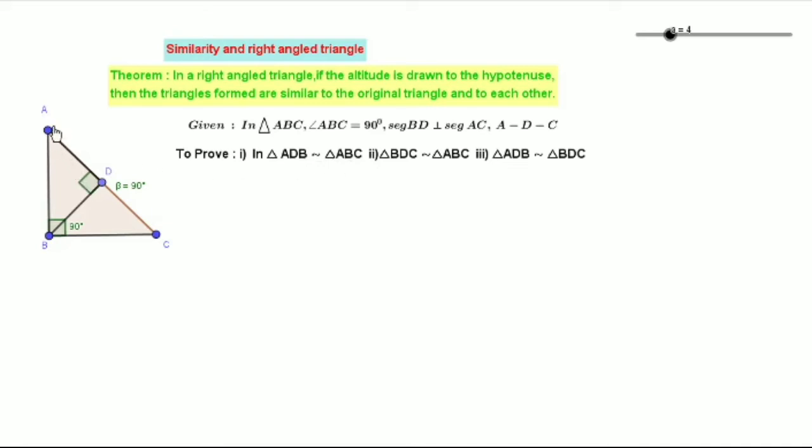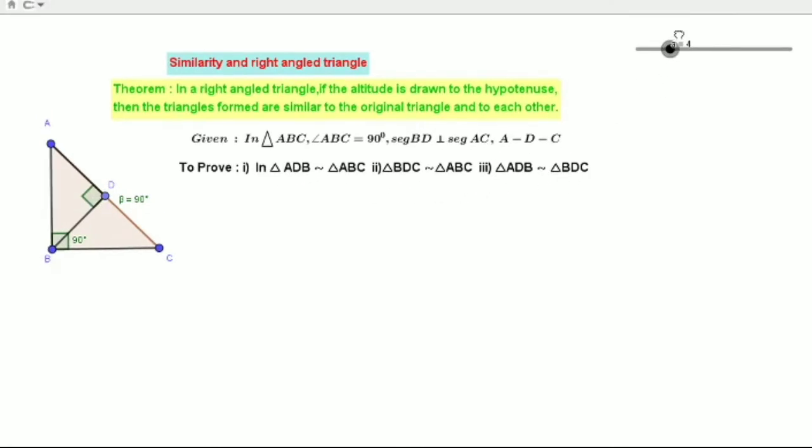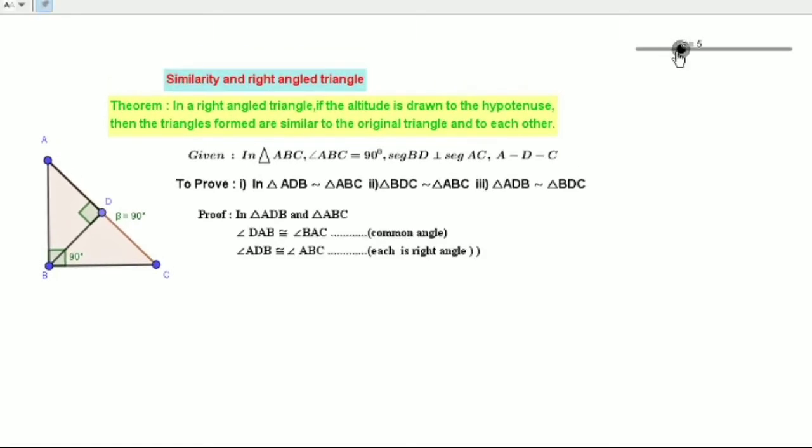To prove: one, triangle ADB is similar to triangle ABC. This triangle ADB is similar to the original triangle ABC. Point number 2, triangle BDC is similar to triangle ABC. This second smaller triangle is similar to the bigger right angle triangle ABC. And third, these two triangles formed, that is triangle ADB and triangle BDC, are also similar to each other. So we have to prove these 3 points. So let's see